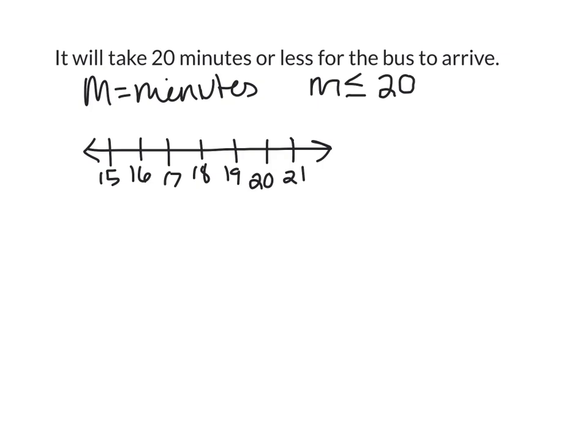And I know that it could be 20 minutes until it arrives, or it could be any number less than 20, because it's 20 minutes or less. Now notice I've colored in the dot on the 20, because 20 is actually a possibility, and then I've drawn